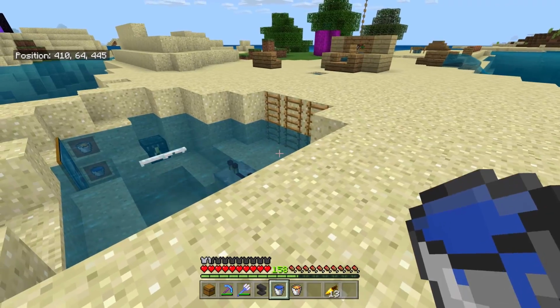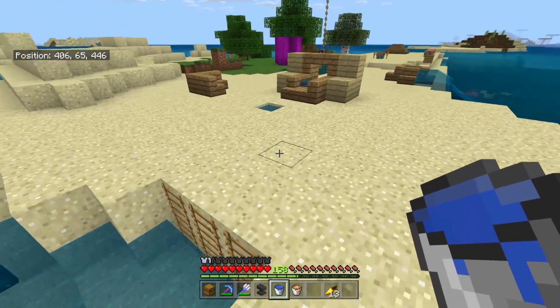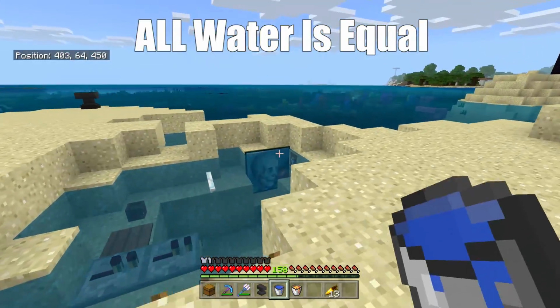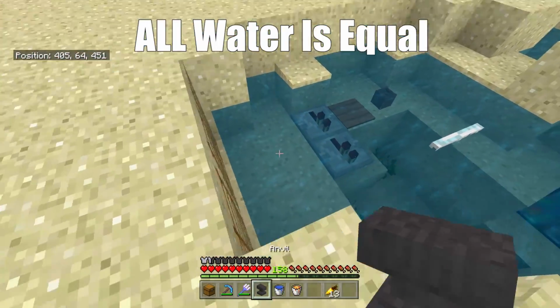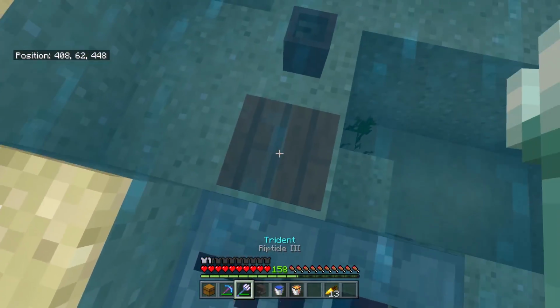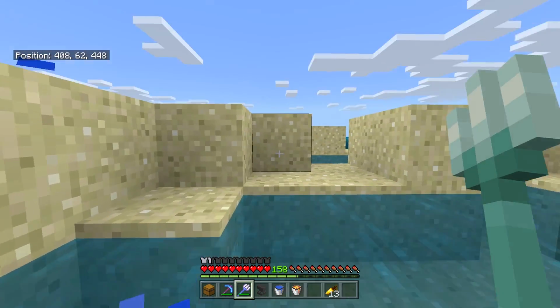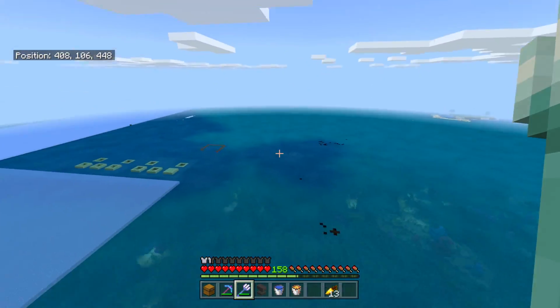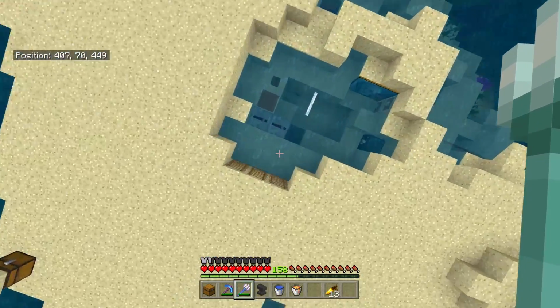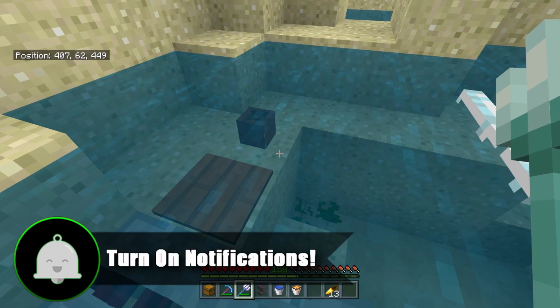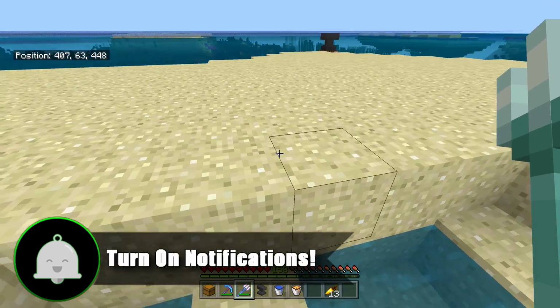So that is the fundamental exploit we're going to be utilizing today, because all water in Minecraft, no matter how small, how big, has the exact same effect. So for instance, even though I'm going to be landing right now onto not quite a full Minecraft water block, so as you can see, it's literally one block tall. If I jump into the sky 40 blocks and then come right back down, no matter how many water blocks I fall into, whether it's 1 or 40, I'm still not going to take any full damage from